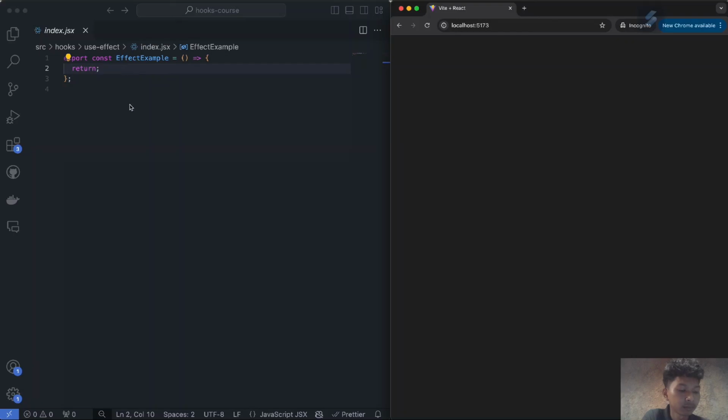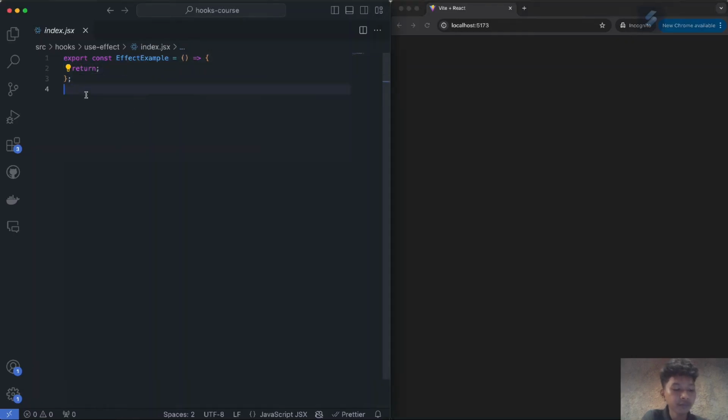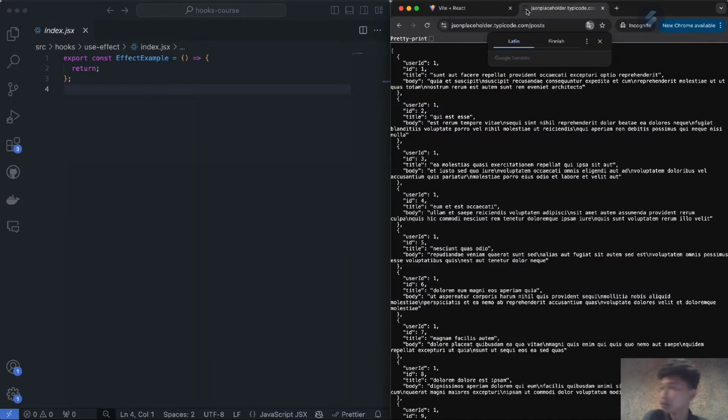Now, how is that going to look? Well, the example I want to give to you guys is the idea of fetching data from an API immediately when you go inside of the website. Now, I'm going to be using a public API that you guys can access. It is the JSON placeholder API. It just returns fake data for users. In this case, we're accessing data for some posts, as if you're on Facebook making some posts. But the idea is that